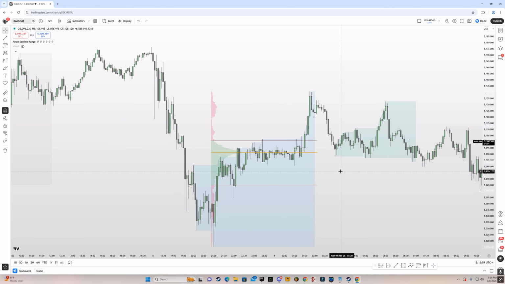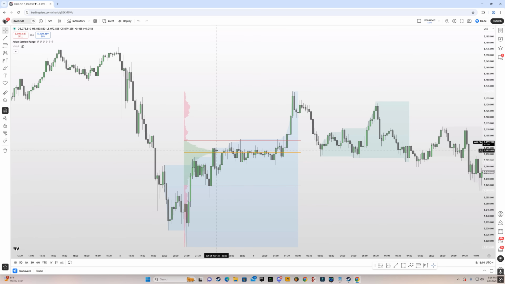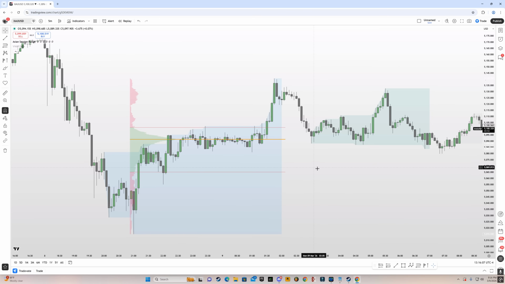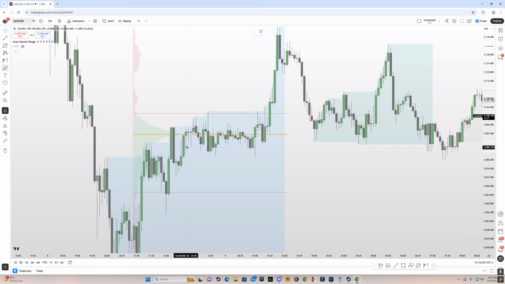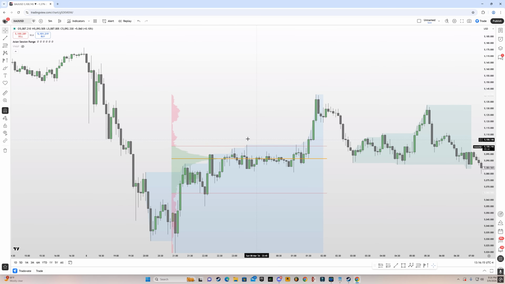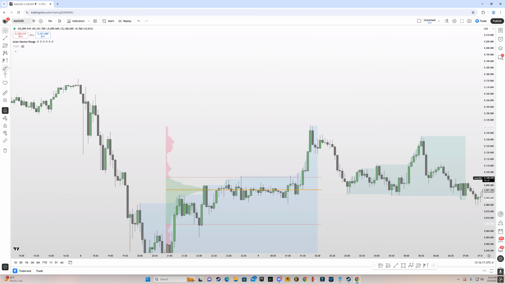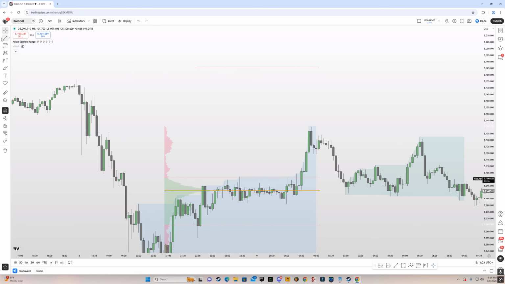And the point of control is where most of the volume was transacted. It is the peak of the entire volume profile. And price usually likes to consolidate around the POC because this is a fair value. So imagine that there is, let's say, an auction, and someone is selling a car. So this is, let's say,